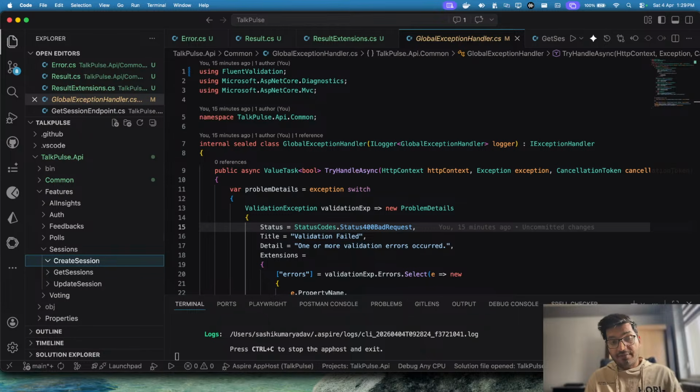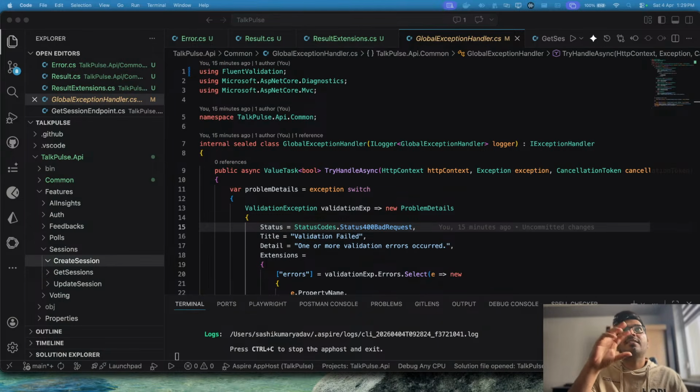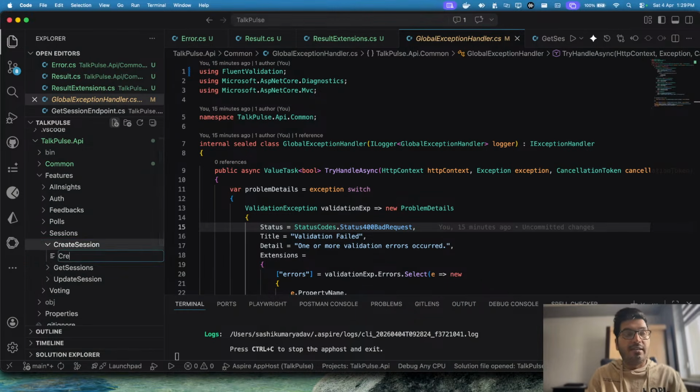Okay, so first things first, if you remember what we do, we first create a file, and that file is nothing but your request file. Like, hey, how do you want to request? Let's start with the request, what you will send to the request. So let's create a request. So we have CreateSessionRequest.cs,